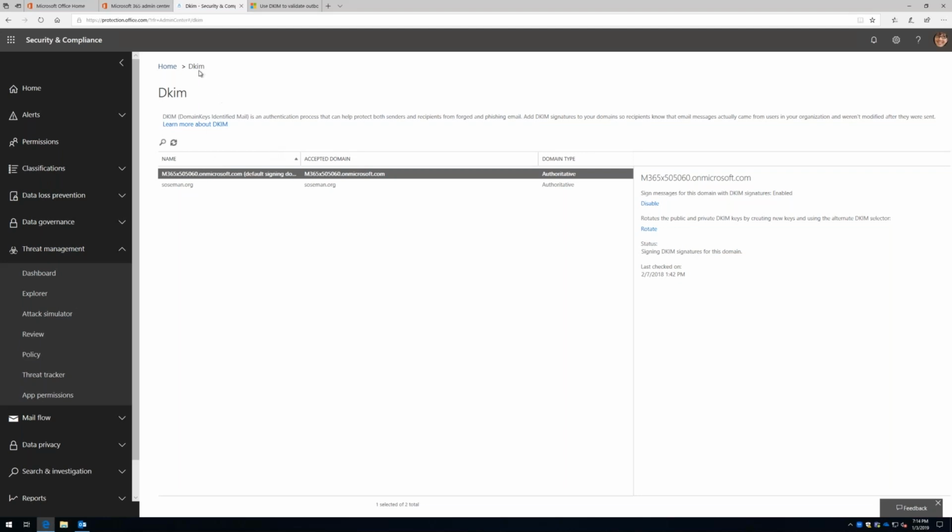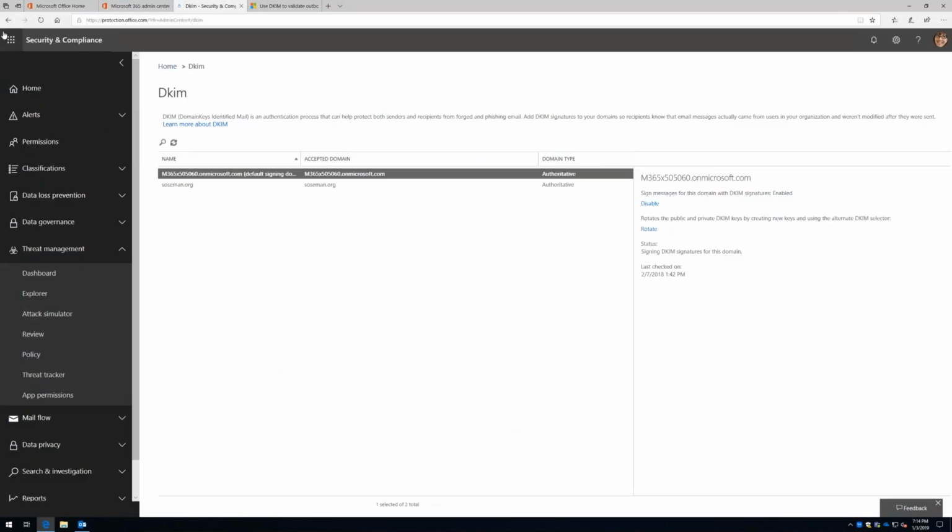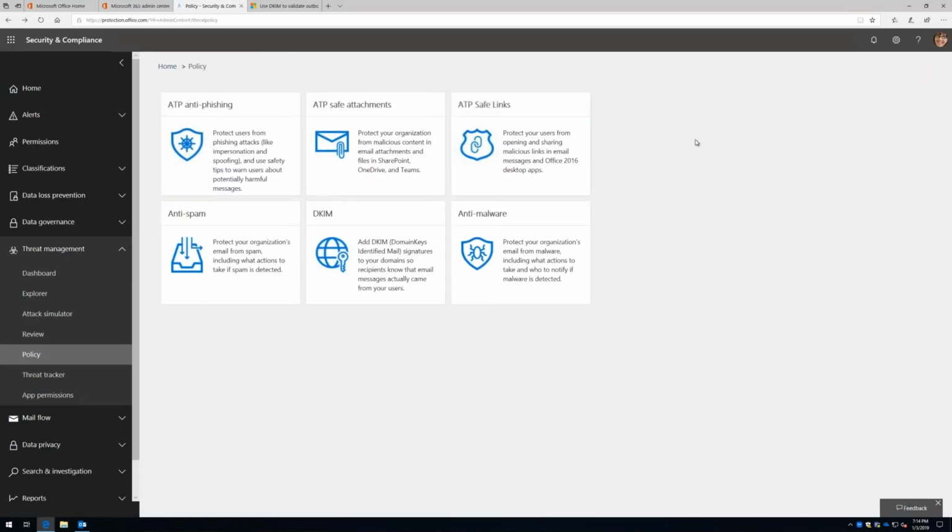Okay, so let's go back to the Security Compliance Center, and go back one page here. So now we talked about DKIM a little bit. I want to talk about ATP, and I want to make sure we're clear about what ATP actually is. When we say ATP in the Microsoft world, there could be different meanings because we have 4 ATP products.